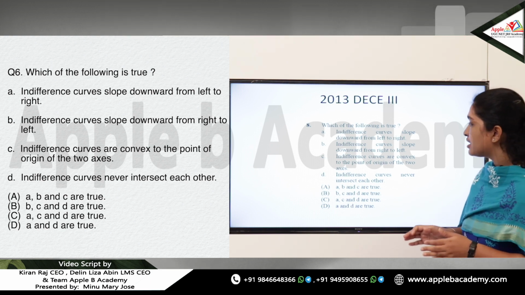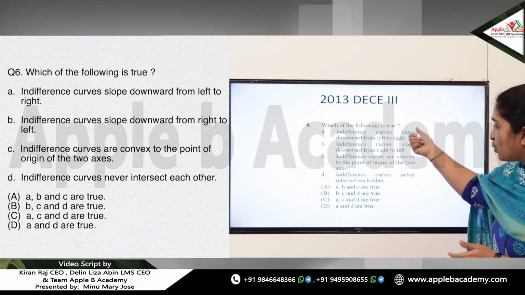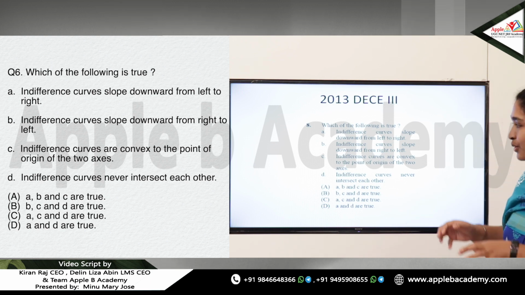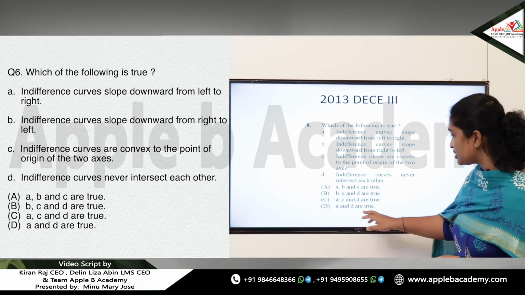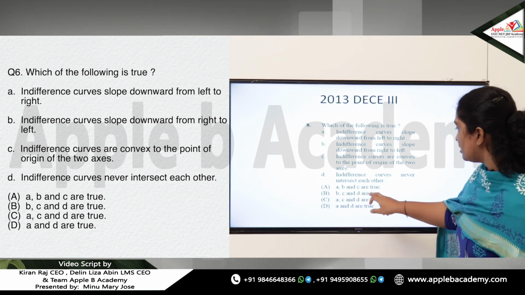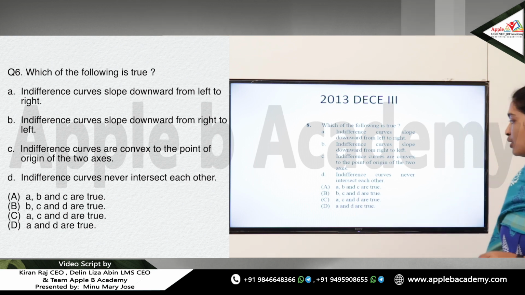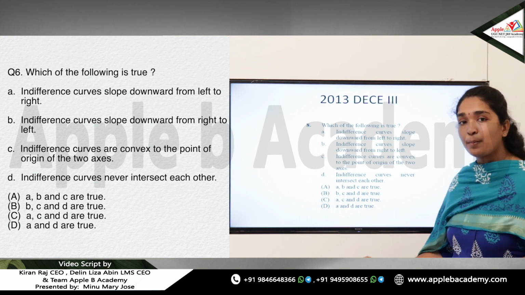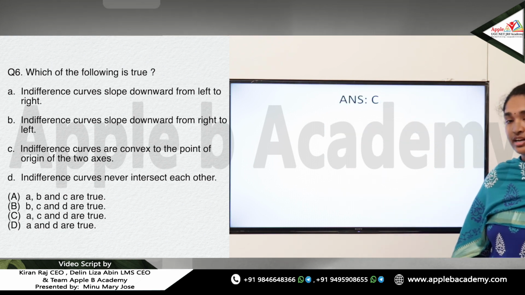So for this question we have to exclude option B, and options A, C and D would be the right answers, the exact properties of an indifference curve. So the answer for this question would be A, C and D. That is option C would be the answer for this question. Option C, that means excluding option B, all the three are the properties of an indifference curve. Option C would be the right answer.